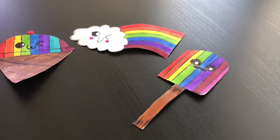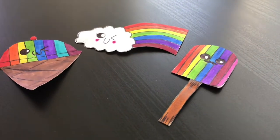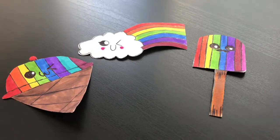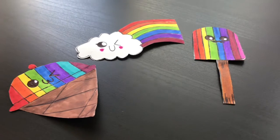Today we're making DIY rainbow bookmarks. These super easy bookmarks can be done even by kindergartners. Today we're going to show you how to make 3 of them, but you could definitely customize them to make